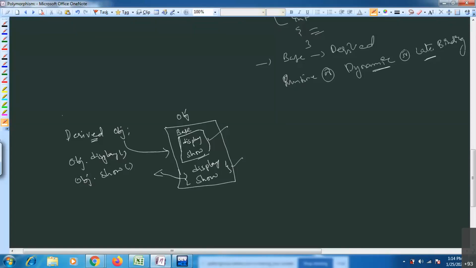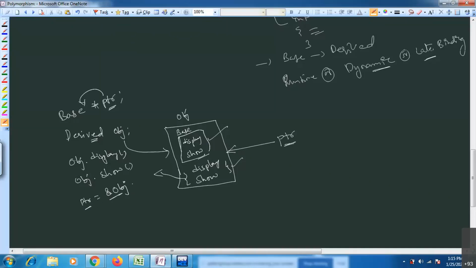Suppose I'm using this pointers concept, base star ptr. This is the pointer which is of type base type, which always points to base type members. What I'm doing, ptr equals to address of obj. This pointer now points to the address of this particular object obj.